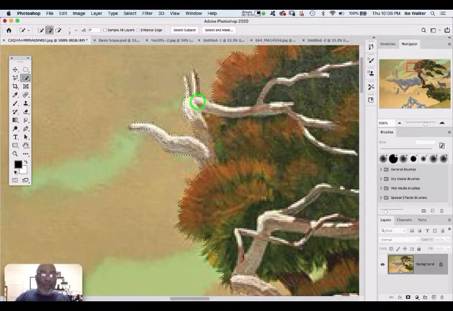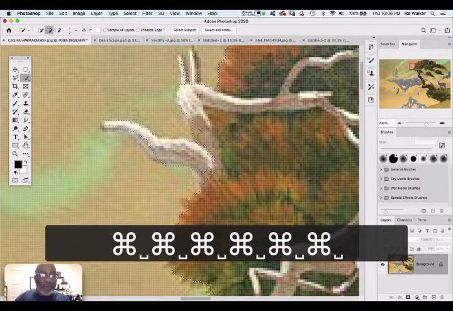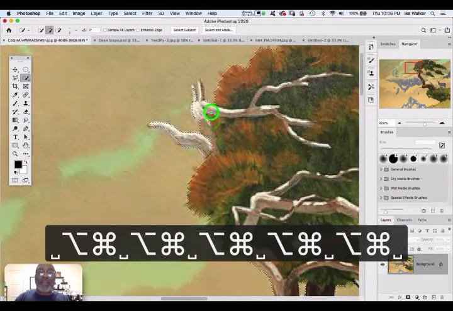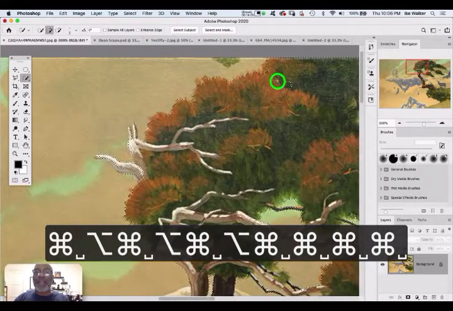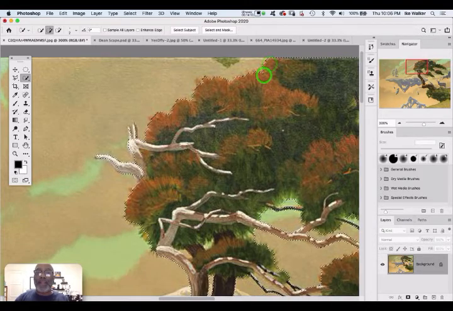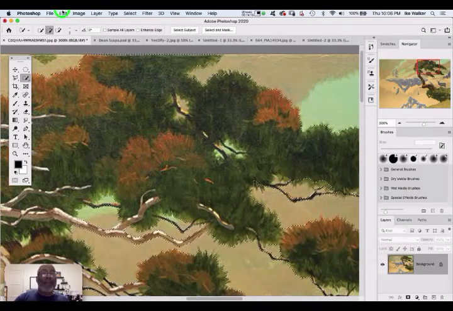If you hold down Control and the spacebar, you get a zoom. If you do Control, spacebar, and Alt, you can zoom out. So I just see parts that did not get selected. So I'm going to stop there, copy this,